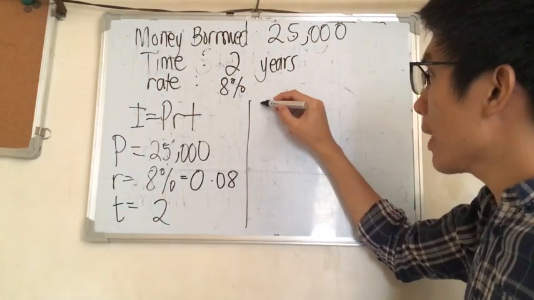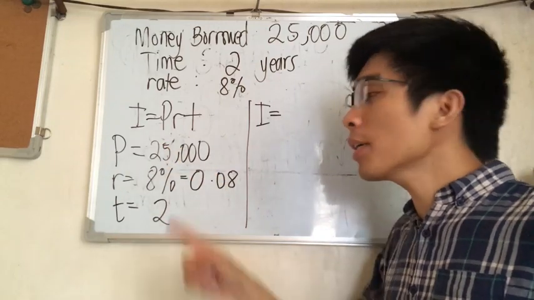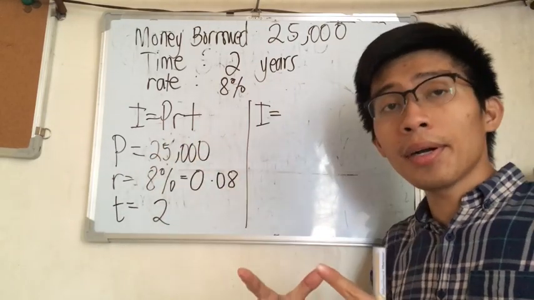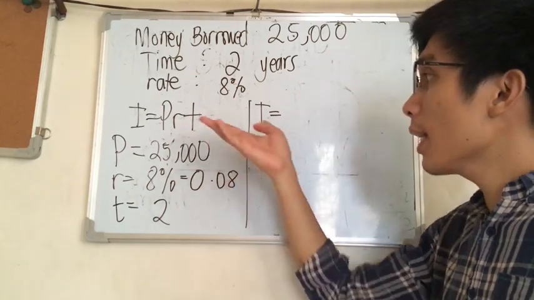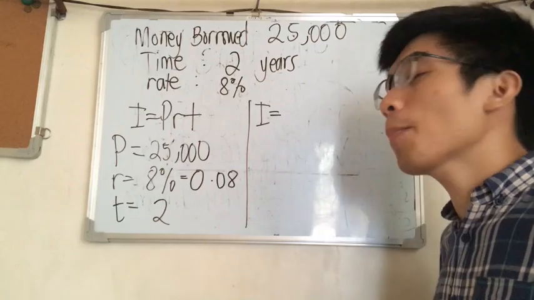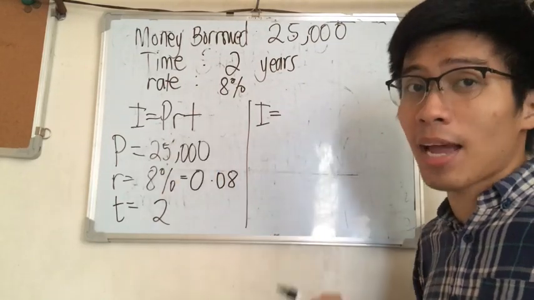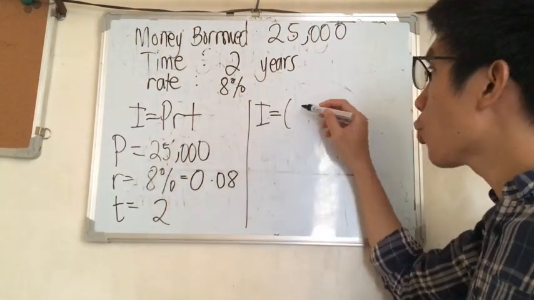So now, that is simply substituting all the values of your PRT to your formula. And take note, since they are all merged together, the operation used in this formula is multiplication. So therefore, you have to multiply P times R times T. So what is my P? My P here is 25,000